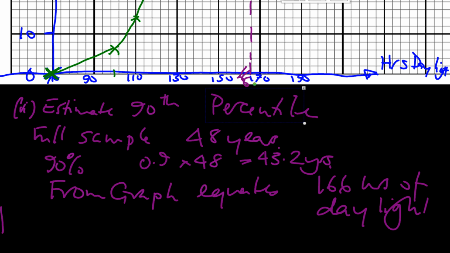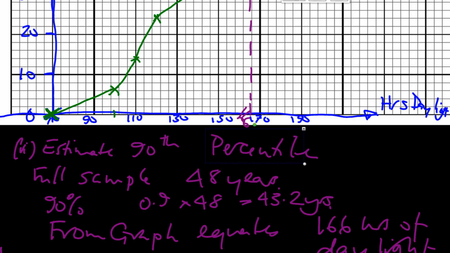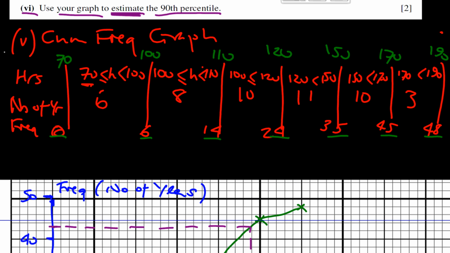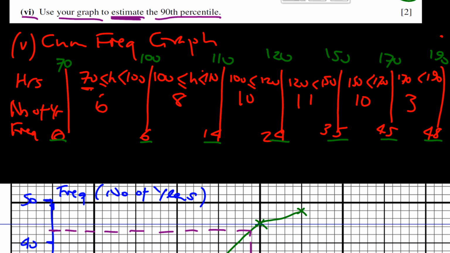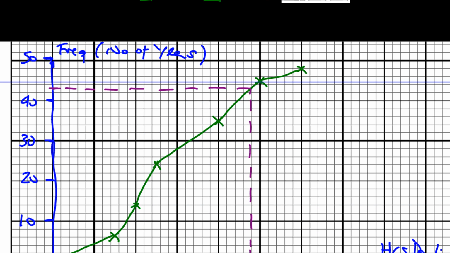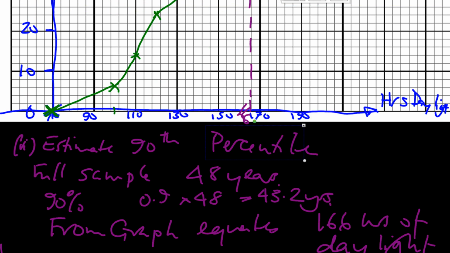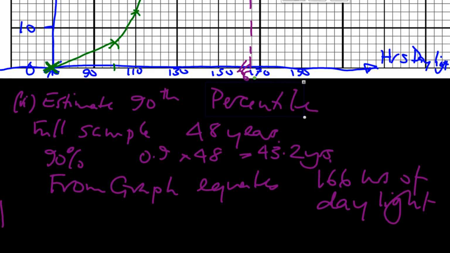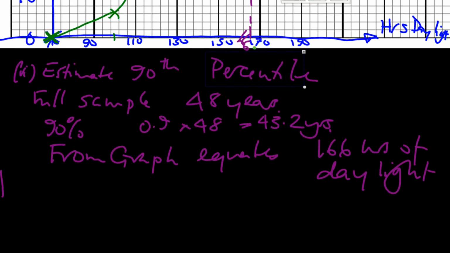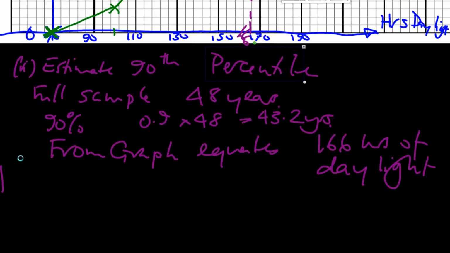There we go. And I don't remember how many marks we get for doing that. We get 2 marks for identifying the 90% point as being 43.2, and a mark for picking out the 166. So that was pretty worthwhile so far, wasn't it? Okay,